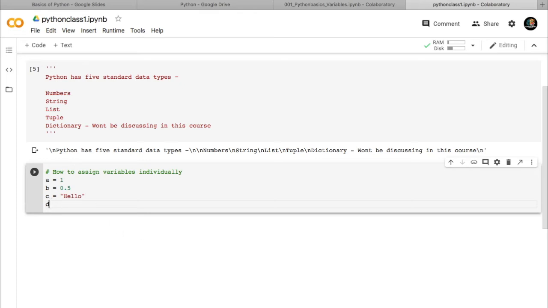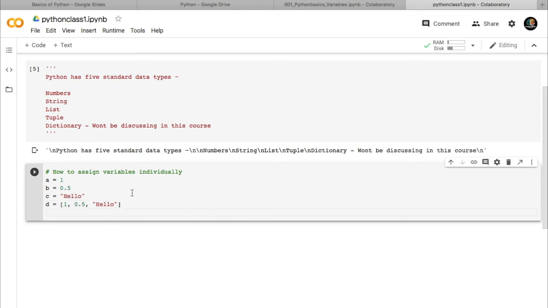Next I can give d is equal to, inside square brackets, 1.5 and hello. So as I told before, this d is nothing but a list variable. That's a combination of numbers and strings. It may not necessarily be numbers and strings alone.